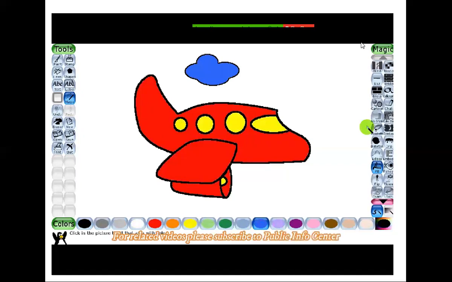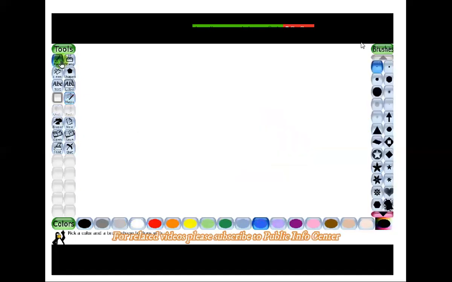Next is your paint tool. The paint tool is used to paint and draw anything that you like. It is similar to the brush tool in MS Paint. When we click on the paint tool, many brushes will appear in the selector.